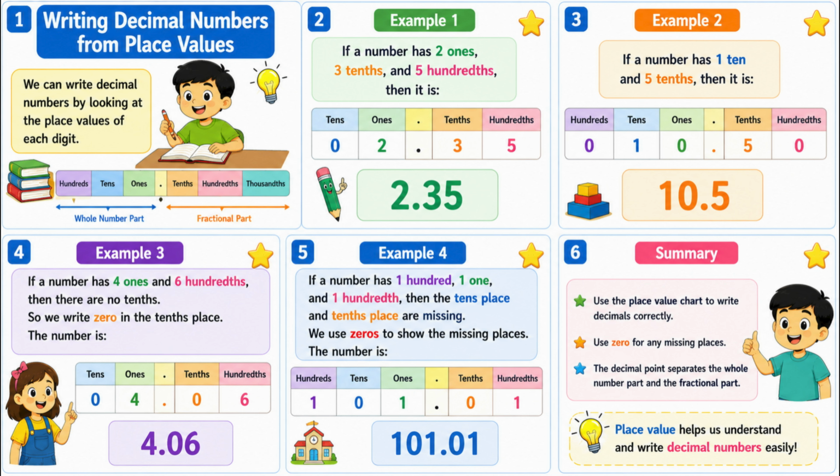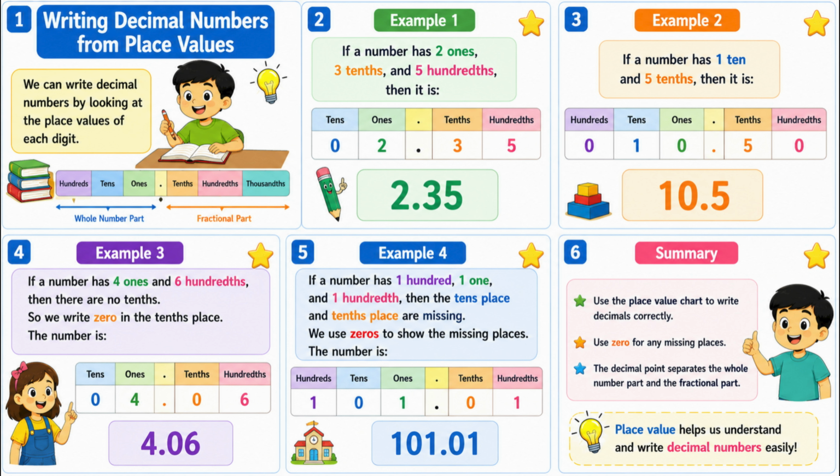Writing decimal numbers from place values. Let us write decimals using place value. If a number has 2 ones, 3 tenths, and 5 hundredths, then it is 2.35. If a number has 10 and 5 tenths, then it is 10.5. If a number has 4 ones and 6 hundredths, then there are no tenths, so we write 0 in the tenths place. The number is